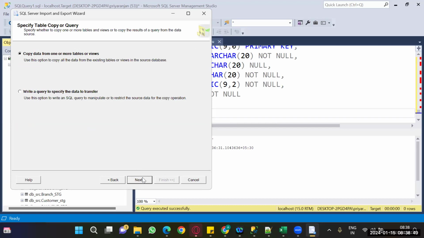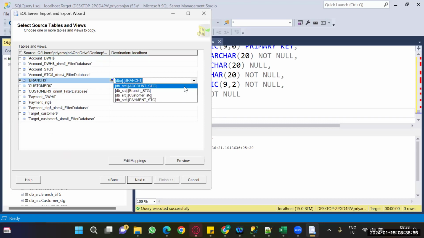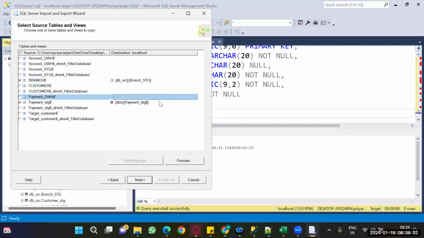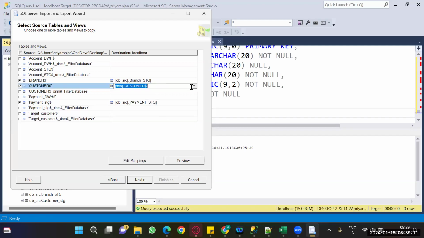Then click on next. Now click on this. Then I need to select branch. Here I need to select my destination table. So my destination table is branch staging. Then similarly, I'll do it for payment as well. So payment, my respective table is payment staging. Similarly, I'll do it for customer as well. Customer is